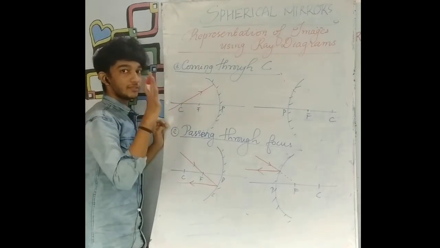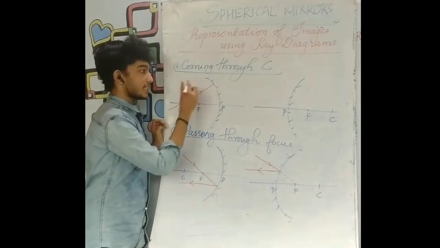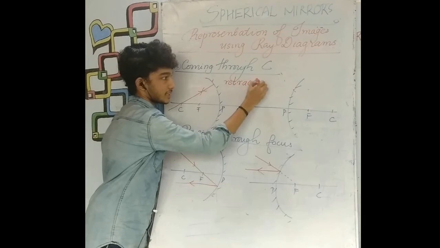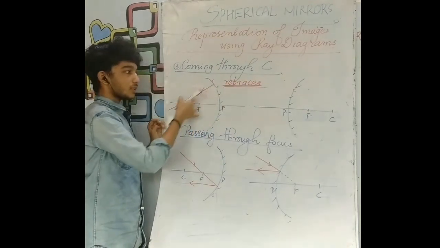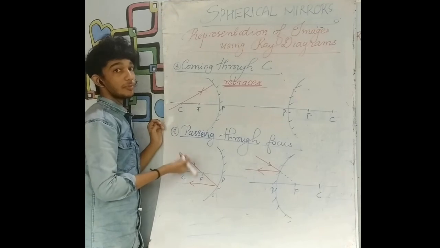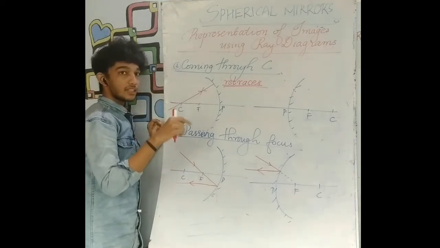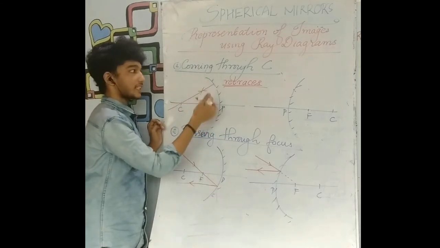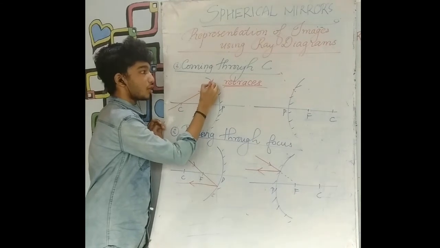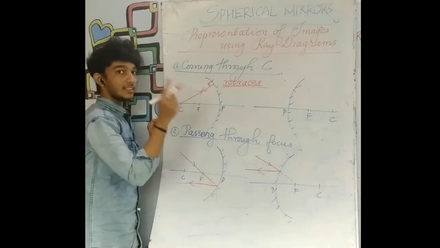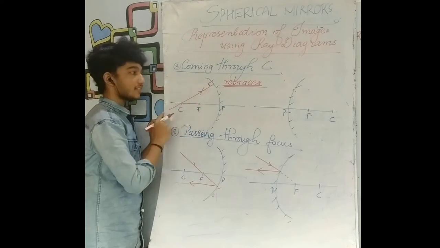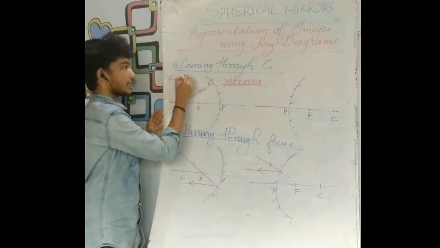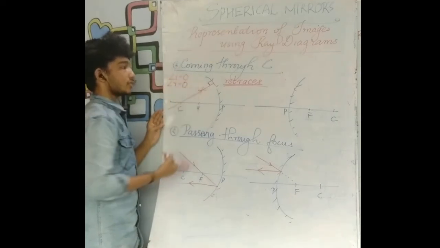Then after reflection, the reflected ray retraces the path. The word that is to be used is retraces. The reflected ray goes along the same path. Why? What would be the reason for that? We have already learnt in the first session that if a ray of light is incident normally on a reflecting surface, then the reflected ray will retrace the path, that is, go along the same path. Because angle I is equal to 0, hence angle R also will be equal to 0.